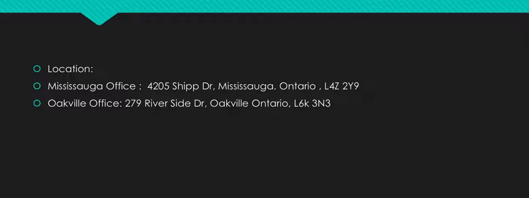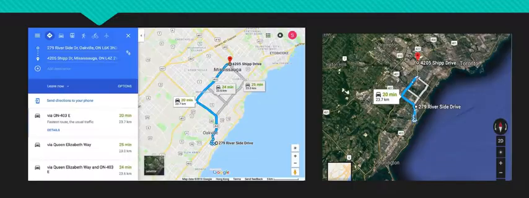And our firm has two locations. One is the Mississauga location, which is at 4205 Ship Drive in Mississauga, and the second location is the Oakville office at 279 Riverside Drive in Oakville. This is a basic map of the distance between the two locations. With both locations being in the Greater Toronto Area, JSDM could not ask for a better setting for its two